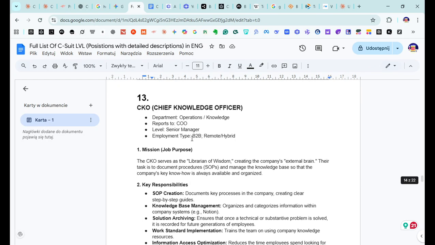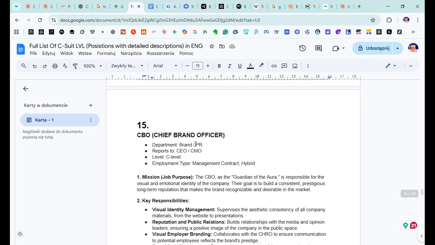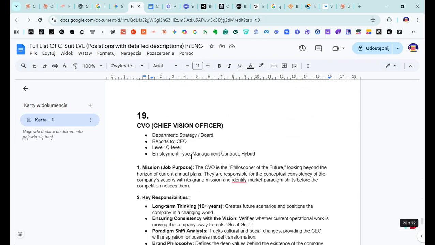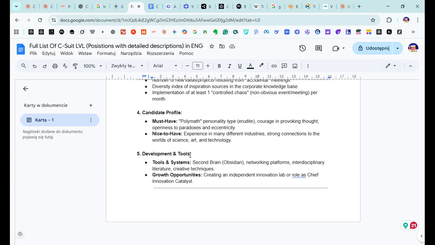I'll just feed it with what we managed to create here and we'll see, I guess. Well, the AI descriptions will be definitely much more technical.